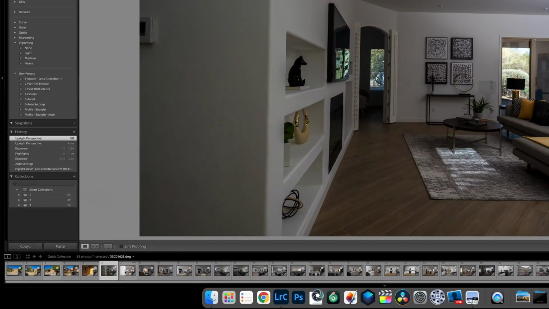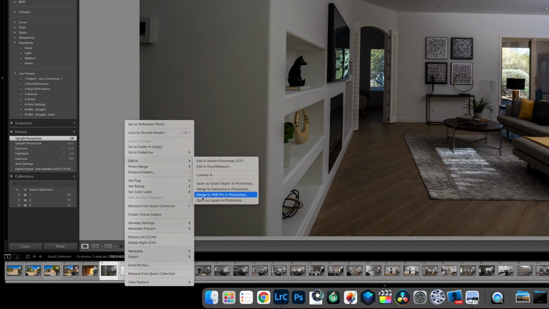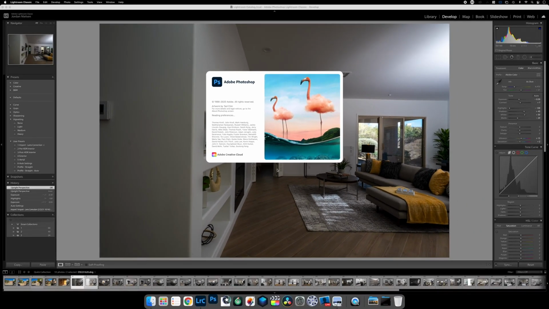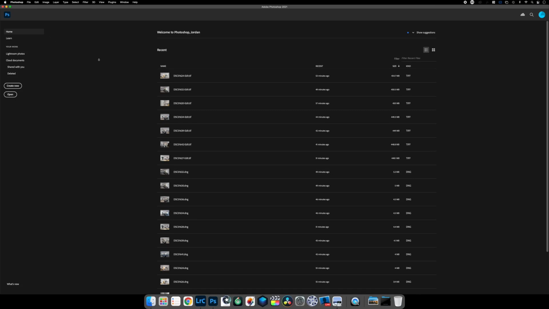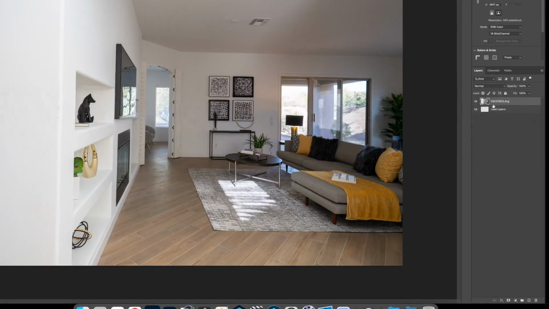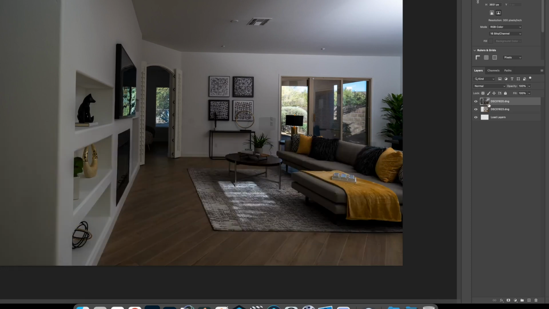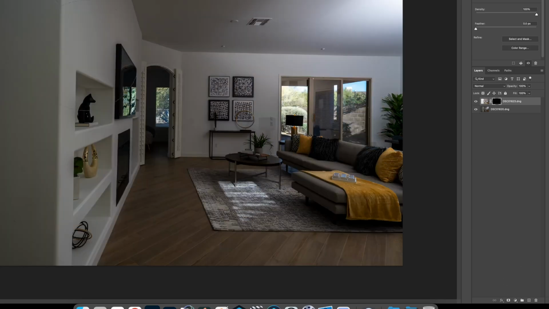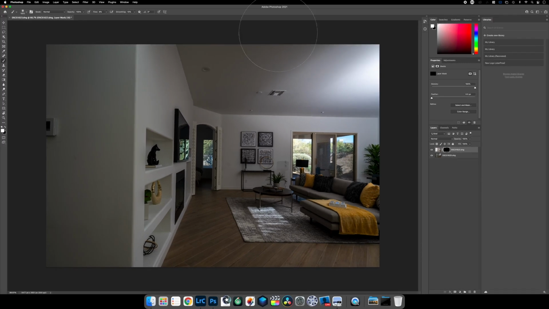So, all right, let's go ahead and open them as layers in Photoshop. So select the two layers, right click, edit in, open as layers in Photoshop. So usually I'm putting the ambient exposure on top. There we go. Select this right here, that's the layer mask. Hit Command I, invert it. And now we need the paint tool, which we do have already. And now we're just gonna be painting